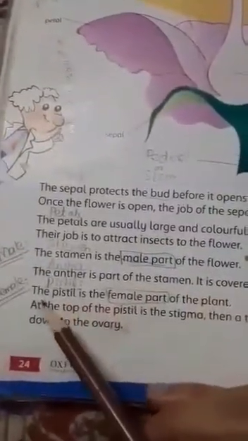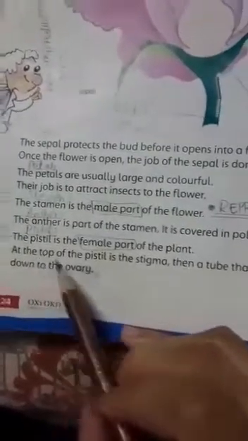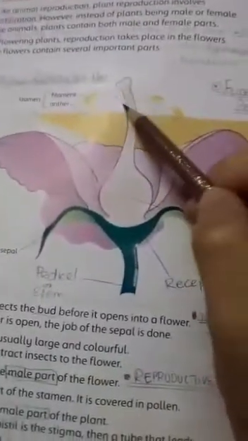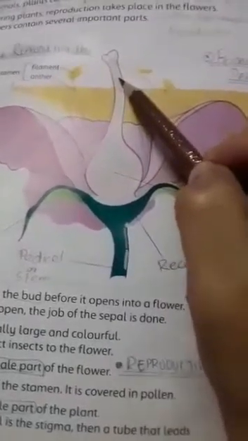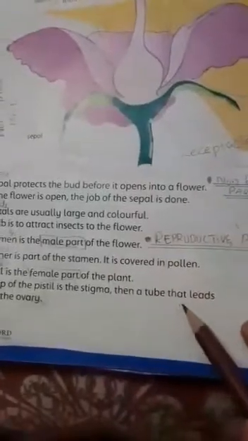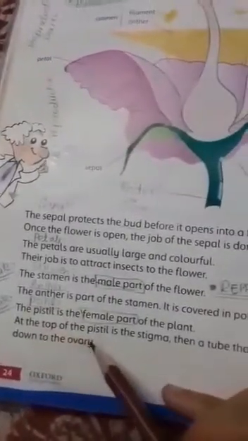Here you can see that the pistil is the female part of the plant. At the top of the pistil is the stigma, the terminal part. Then an elongated tube leads down to the ovary.